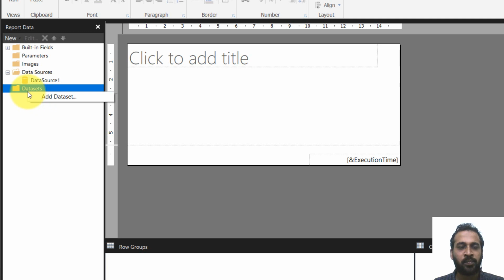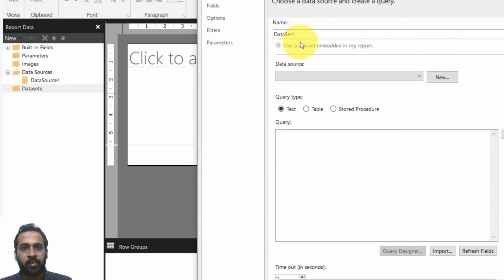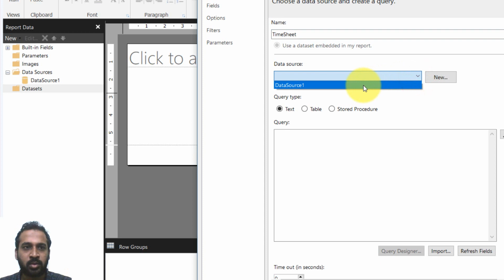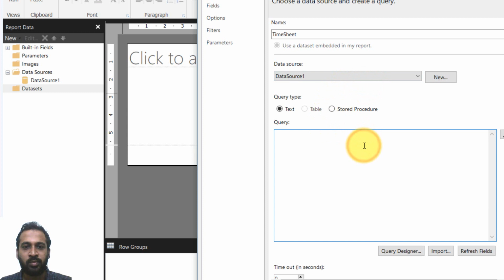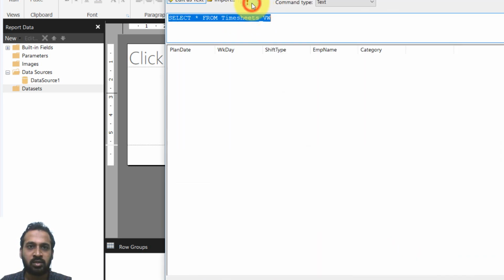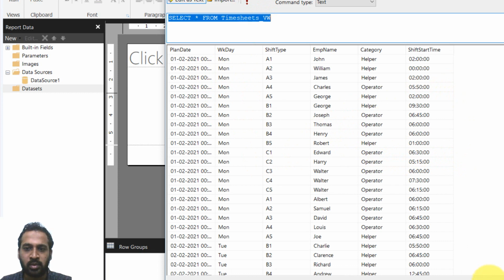So I'm going to take this one here. Right click here in the Paginated Report Builder. Click add dataset. In the dataset, you can give a name here if you want, timesheet, and in data source, you will get a drop down with the data source which you have just created. So click here and you can copy and paste the view here. So let's select star from this view. You can also use the query builder if you want to take this view from there. Just click here. If you refresh this, it will load all the values available in that table.